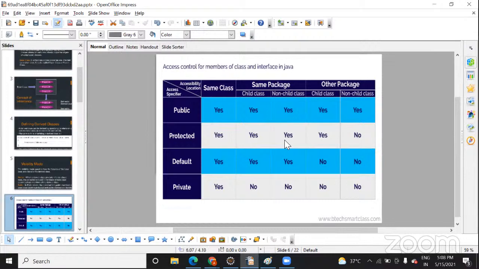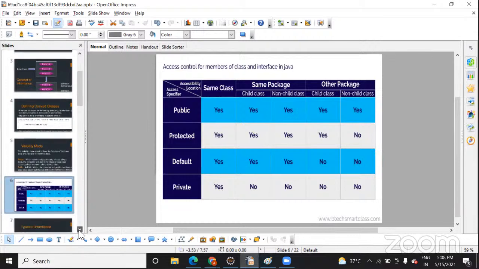Protected means you have just protected it, but it cannot be accessible in another package. Only the child class can access and use it, they cannot modify it, they just use it. Default we don't usually use. Private means it is only accessible within the class. So these are the access modifiers.